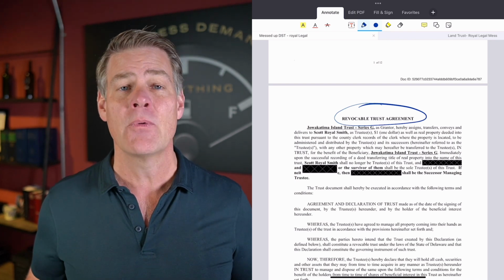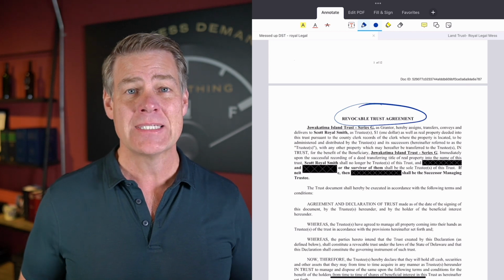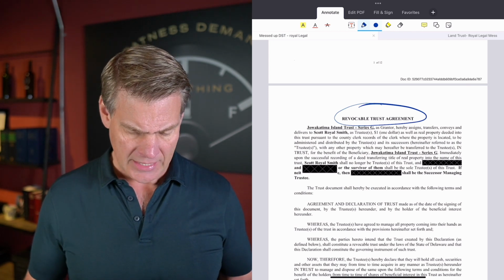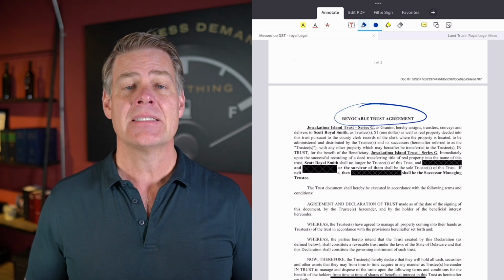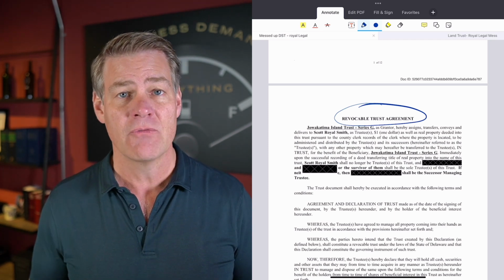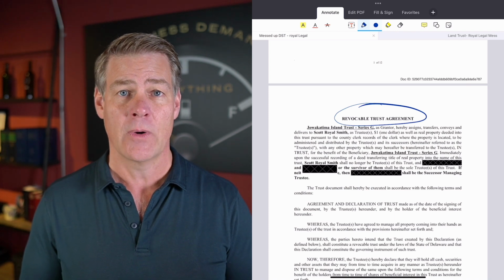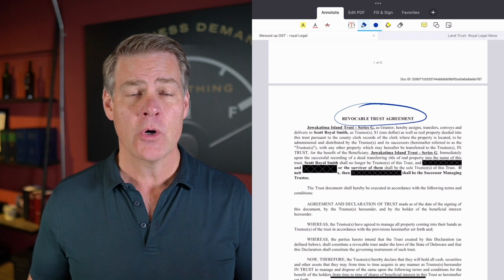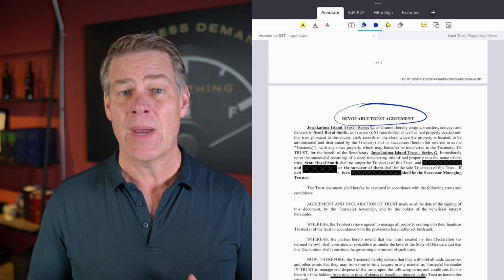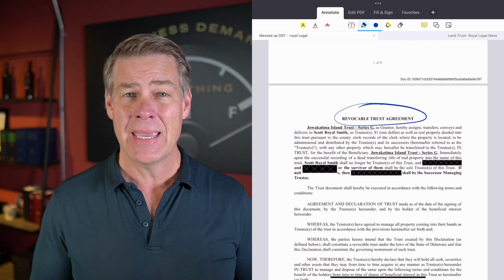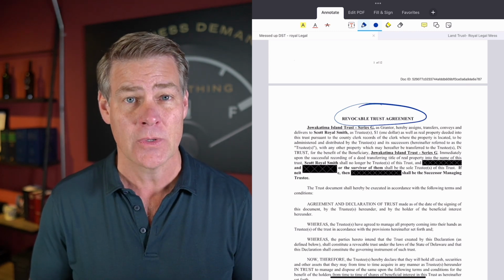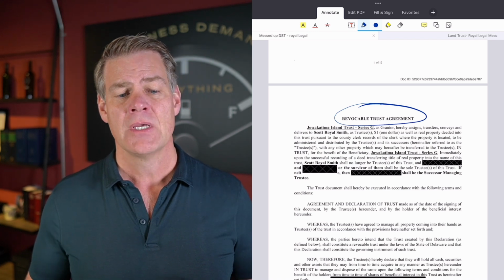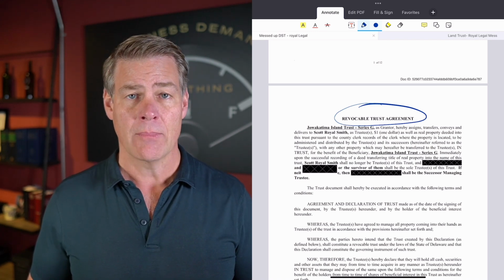All right, now that's not how we run our real estate when we set up limited liability companies. We like to do all of those things. But this trust right here states that it is a grantor trust, a revocable grantor trust under Delaware law. So here's the problem. If you're stating that this is a revocable trust under Delaware law, but you haven't set it up as such, then it may not be recognized as a statutory trust, and the asset protection you're looking for is now going to be lost. So that's a major problem we have with this trust.